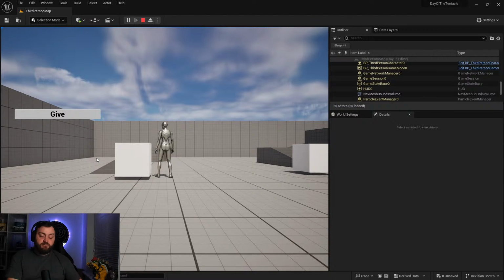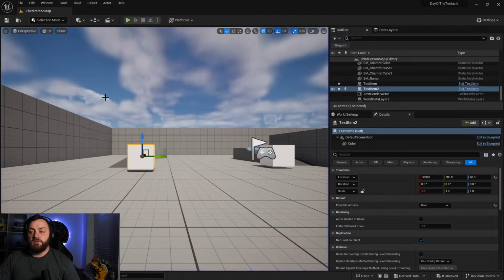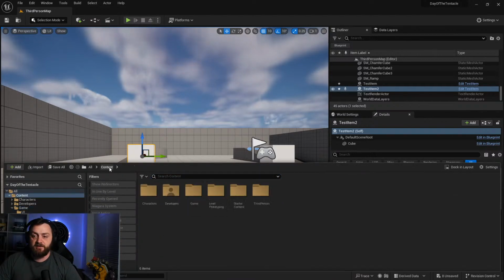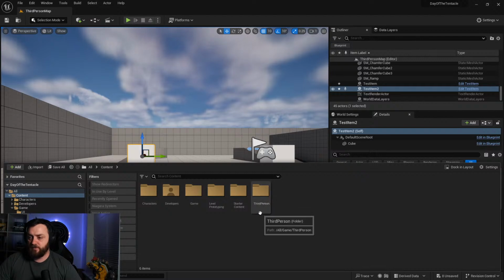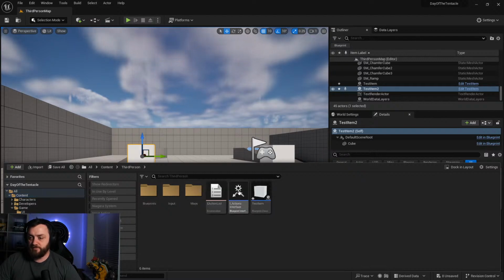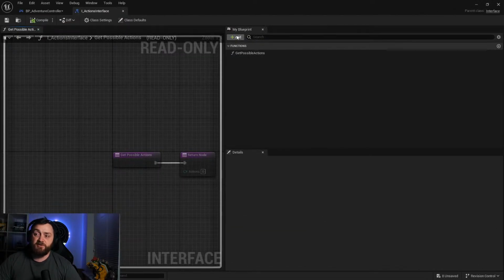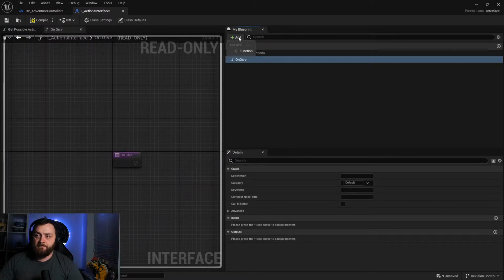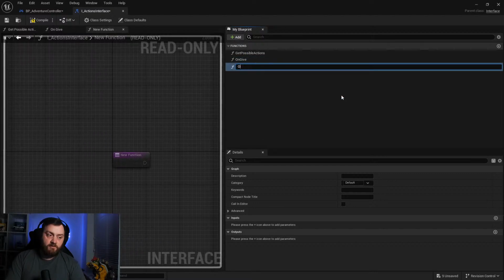Okay, so very short work to get that going. Then to actually react to this thing, we just need to add the events onto our interfaces. So let's go into our interface. Where did I put it? There you go, action interface. So in here, we're going to put in all the interfaces that we have in here. So on give, on open,